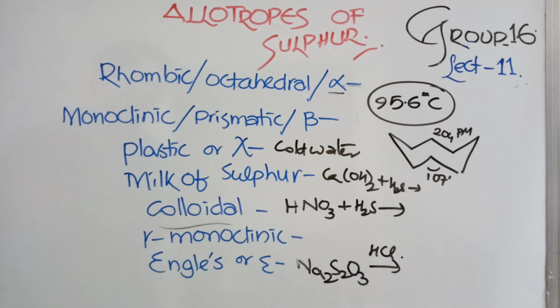So these are the allotropes. I just wanted to complete the topic, that's why I am giving this. But actually it is not required. Don't worry about the allotropes of sulfur. Just look at rhombic sulfur and monoclinic sulfur. Below 95.6, rhombic is stable. Above 95.6, monoclinic is stable. Just remember the temperature 95; exactly 0.6 is not required. 95-96 degrees Celsius, you can remember. Below and above that is the transition temperature, and the structure is crown shaped. In the crown shape, the distance is 204 picometers and the angle is 107.